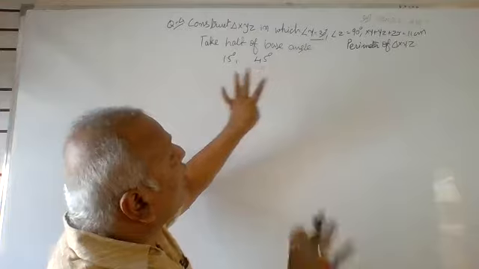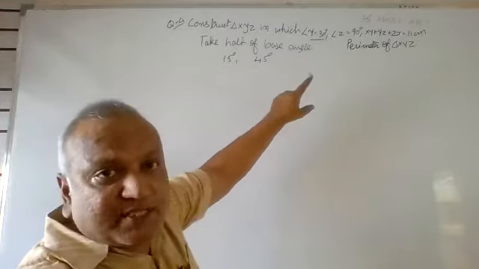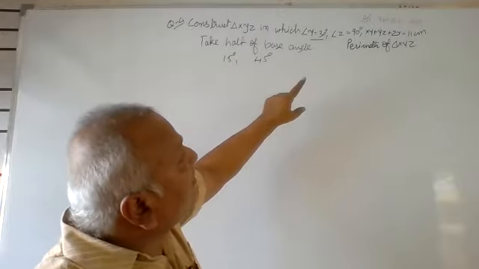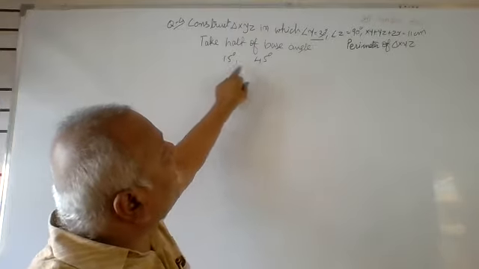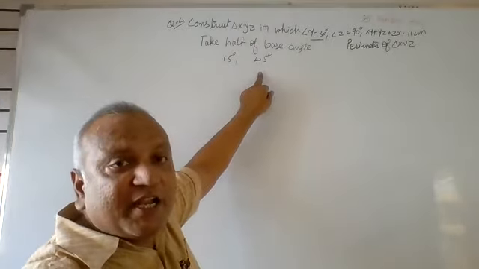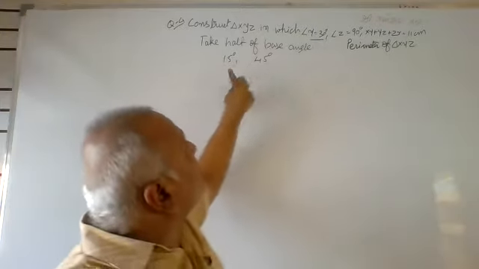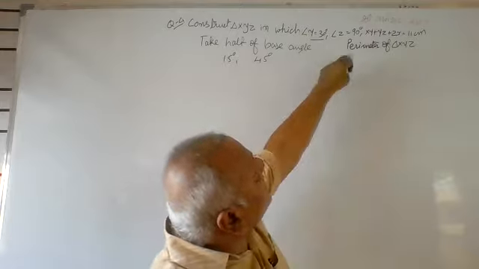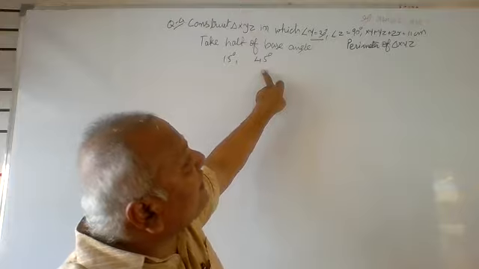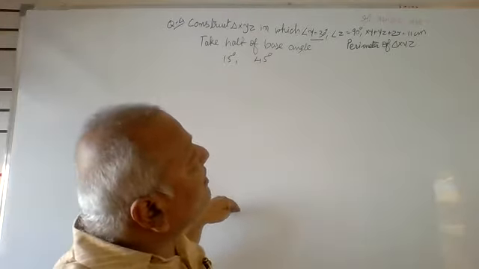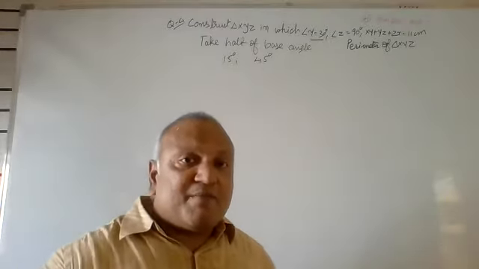So these points you have to remember. Friends, you have to remember my tips, whatever I give. Before starting the construction, we should keep in our mind that 15 degree and 45 degree we have to take. It means half of given angles. 30 given, so half 15. 90 given, so half 45. First, we have to take the line segment equal to the sum of all these sides. So I hope you remember these points.